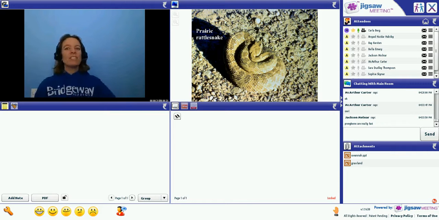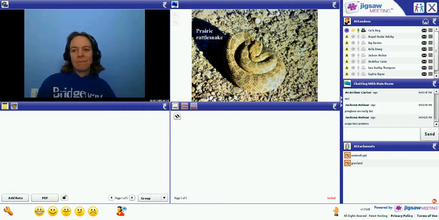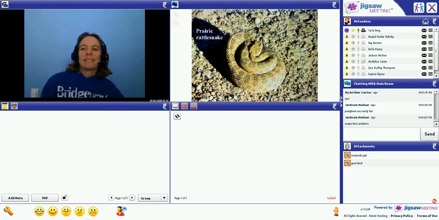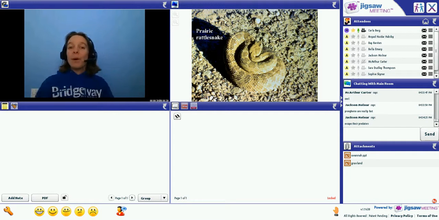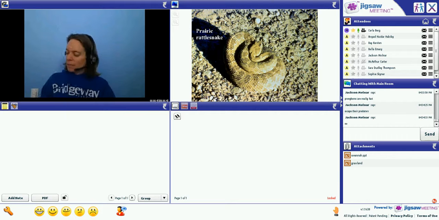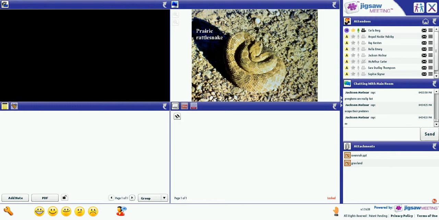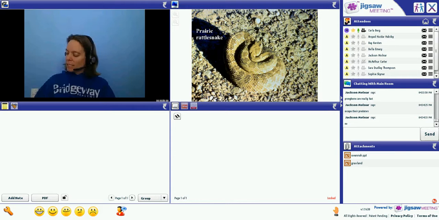Anyone have any questions about the grasslands that we just talked about? Okay. Well, we are going to do a little project. We are going to build a terrarium. Now, this project has to do not only with just prairies, but all of our terrestrial biomes that we are going to talk about today.